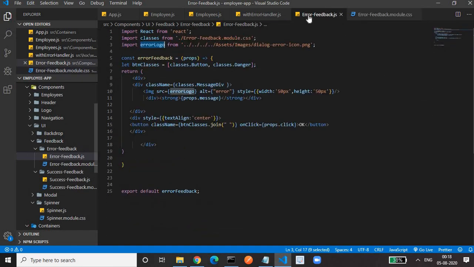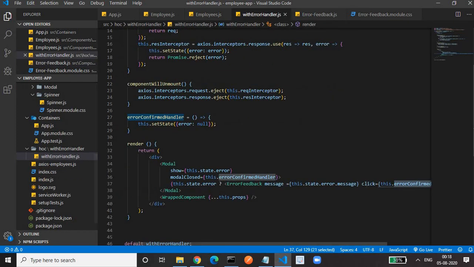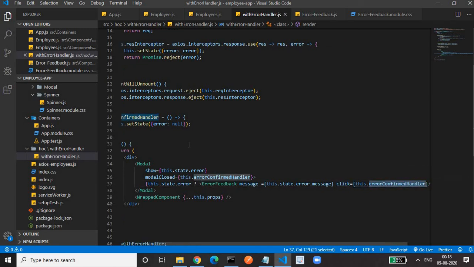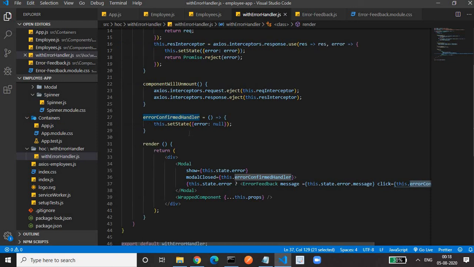And in the errorfeedback.js file, we have a button. On click of the button, we are calling the click props for closing that window. So that's why we pass in the click that function which is used for closing the modal by making the error null. That's it.